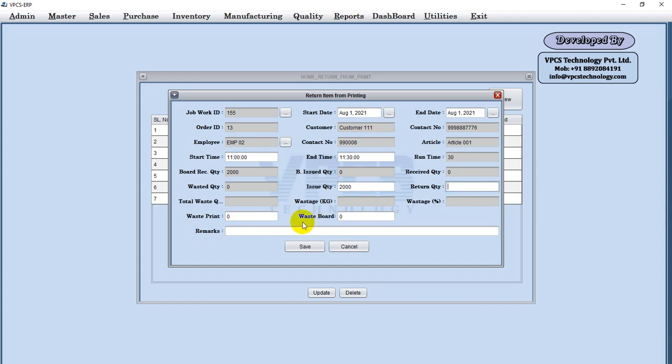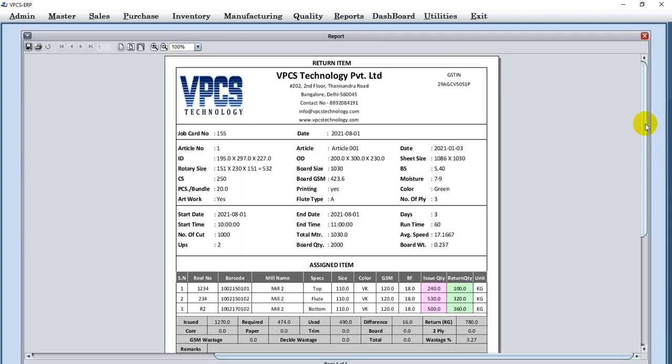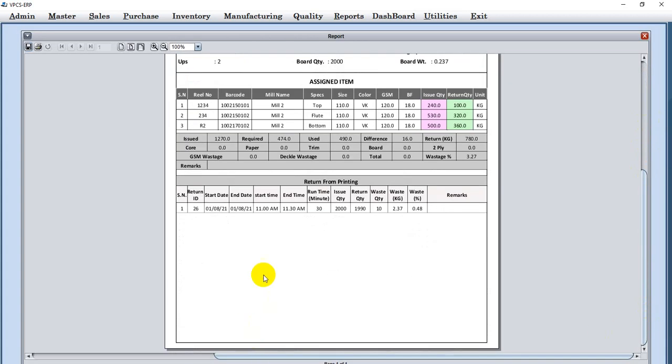Either you may fill wastage quantity or return quantity. I will fill the return quantity 1990. Wastage is 10. Okay, just save it. This is your printing line report. Here you may see it: start time, end time, run time, total wastage 10, net quantity is 1990.